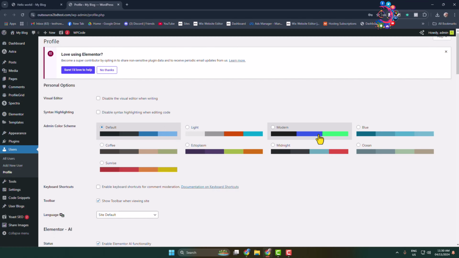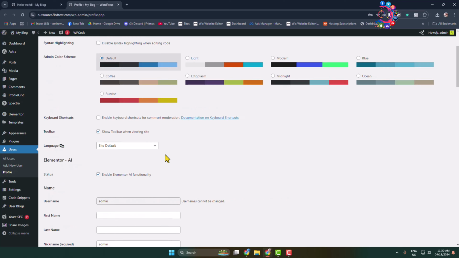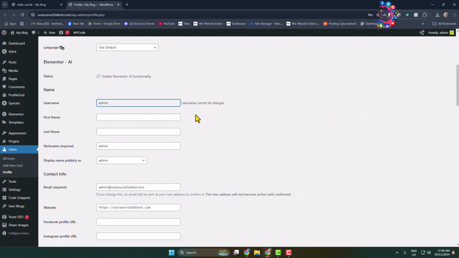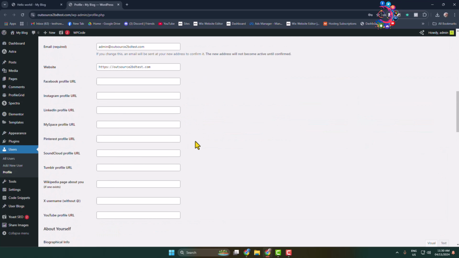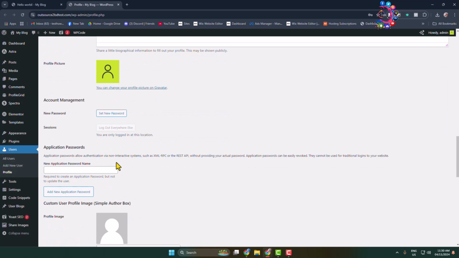Now click on edit profile, and here you will directly jump into the user or author editing page. From here you can change the author name, username, and here you will find a bunch of different social media sharing options. You can go ahead and add social media options here, and here you can add a description for the author. You can change the author profile photo, and